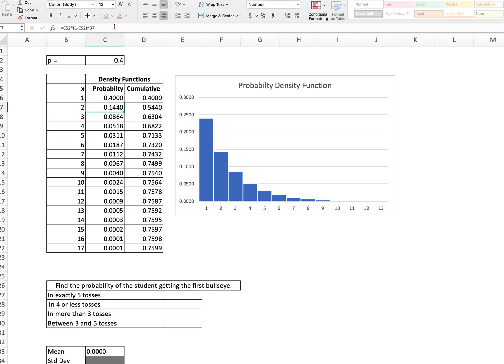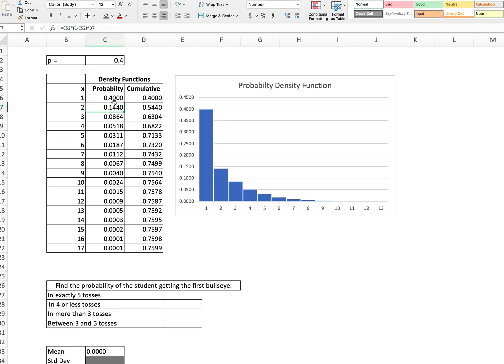That's better. The first probability has to be this, and let's bring this all the way down. Okay, there we go. That's better. Sorry about that. And then this works out. Okay, so